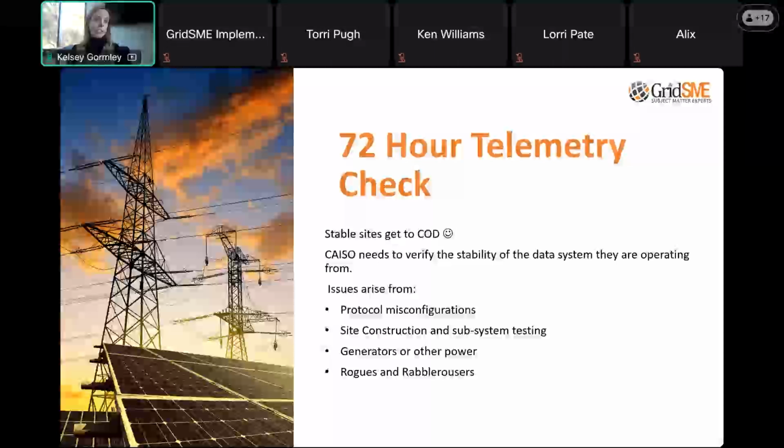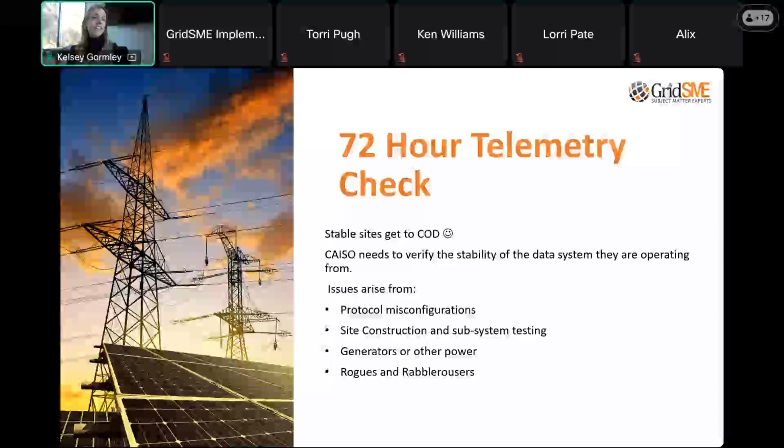Networking is another problem that we typically run into on this, where either the bandwidth on the site network is not sized appropriately, or you have some kind of internal networking problem that is impacting your CAISO real-time data. A lot of the times, the only information that we will get from CAISO during this period is a screenshot of what they see and what points they're seeing that are in bad quality. And then we have to go take that back to the resource owner, to the site team, and essentially try to find that needle in a haystack, right? What is the root cause of this telemetry error flag that we're seeing?